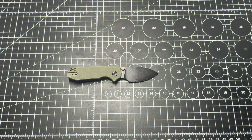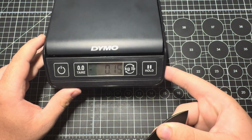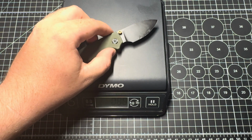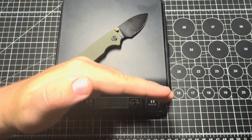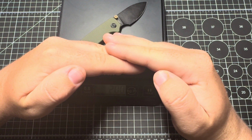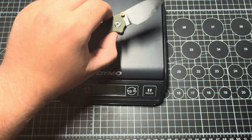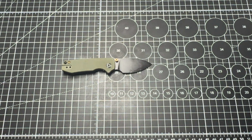Let me grab my scale real quick. Let's put this up here. I'm guessing it's going to be sub 2 ounce. Can y'all see that? Yeah, y'all can. So let's tare it. Let's put this on here like that. 1.95 ounces. So it is sub 2 ounces. So yeah, 2 ounces and 57 grams. If y'all can see that. So yeah, really nice, really small, really lightweight, and overall,